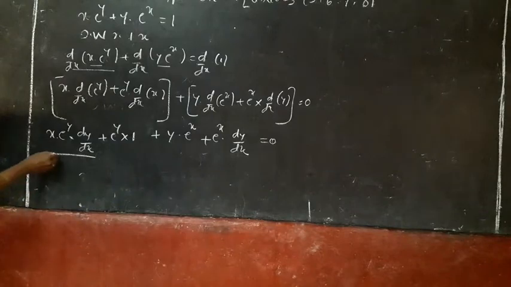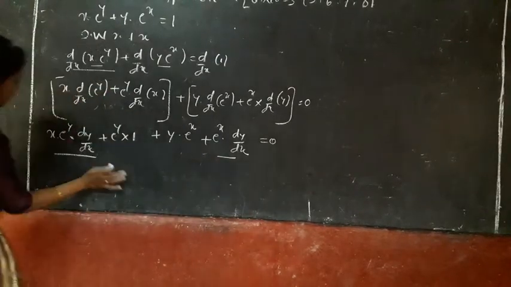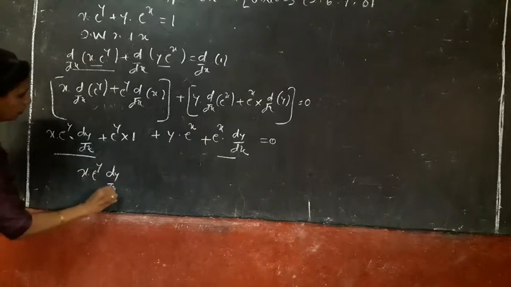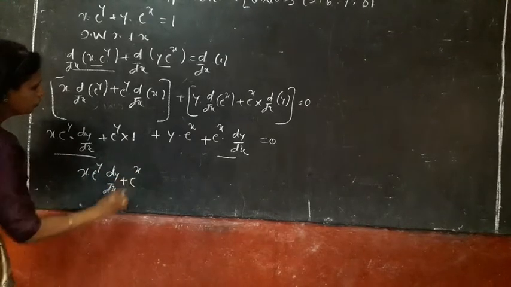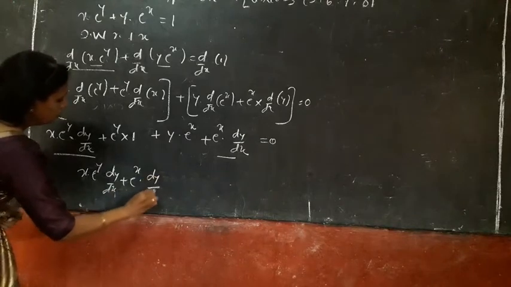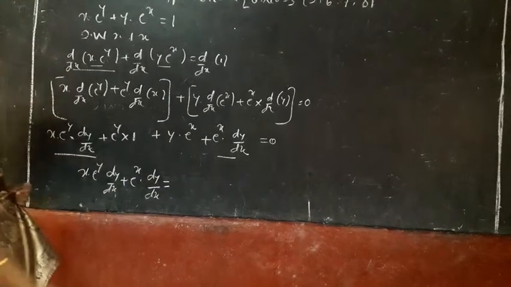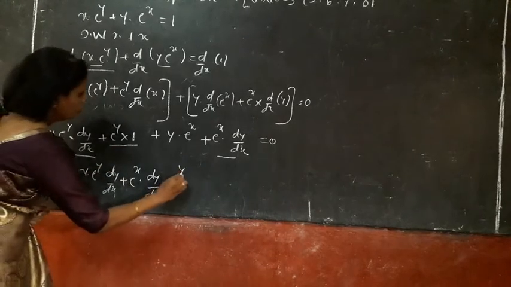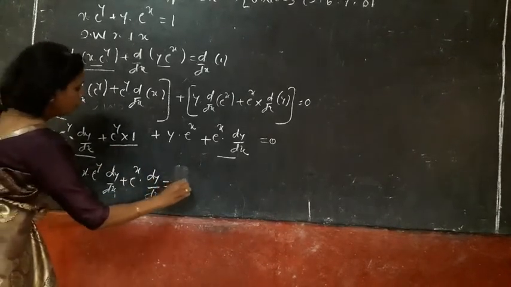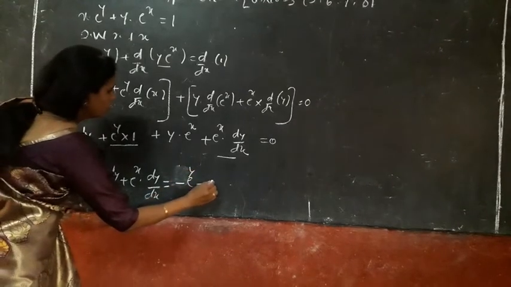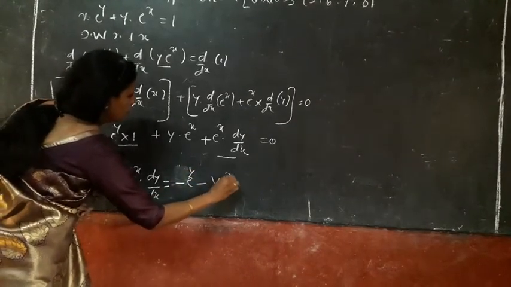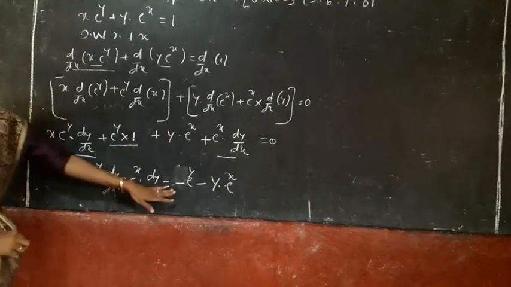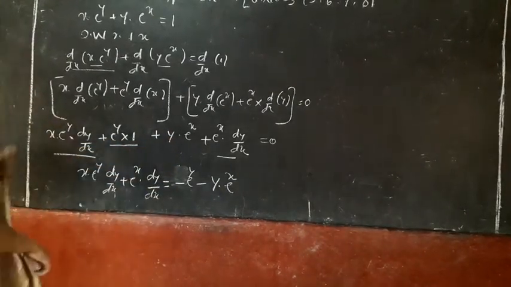Now collect the terms of dy upon dx. X into e raised to y dy upon dx plus e raised to x dy upon dx. Next, transfer the simple terms to the RHS, that is e raised to y. This becomes minus e raised to y minus y into e raised to x. See here, these two terms are going to the RHS, so signs are going to change. Therefore,